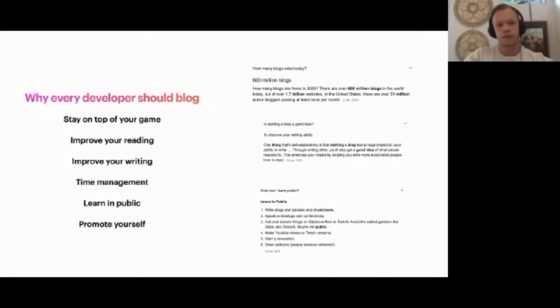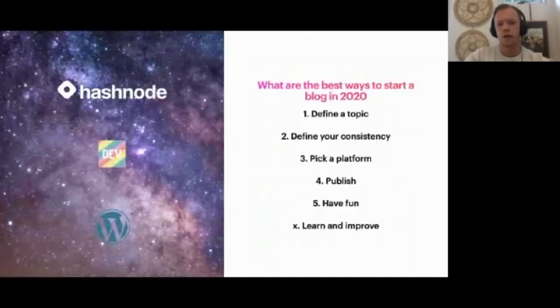So stay on top of your game, improve your reading and writing, learn time management, learn in public, and promote yourself. So now we'll get to the second part of this presentation, which is what are the best ways to start a blog in 2020? And this is a very broad saying, really. Also, 2020 is almost over. But